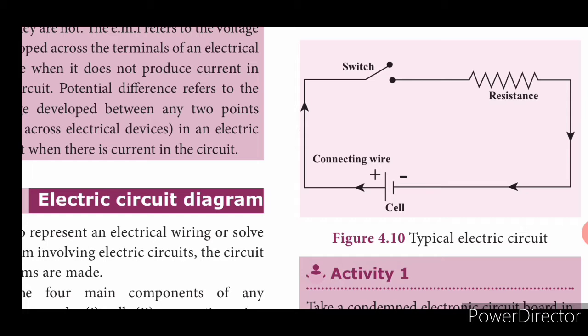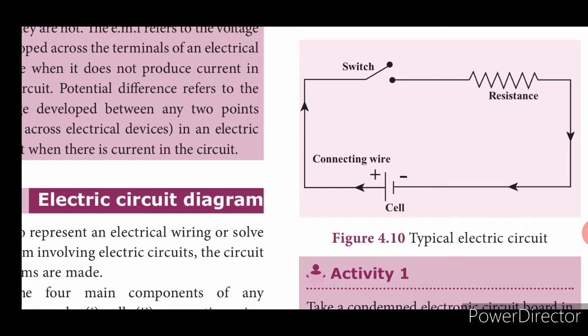And what is EMF and what is electric potential difference, how to calculate the potential difference, what are the instruments we use to calculate all these things, that is ammeter, voltmeter, etc., and how to connect ammeter and voltmeter in a circuit, how to draw the circuit. So all these things we have discussed in the previous session, and now you must be familiar with drawing the electric circuit, and you should know the symbols for the electric circuit also.